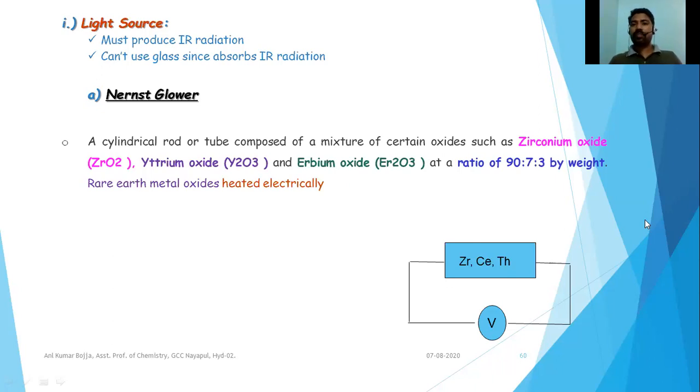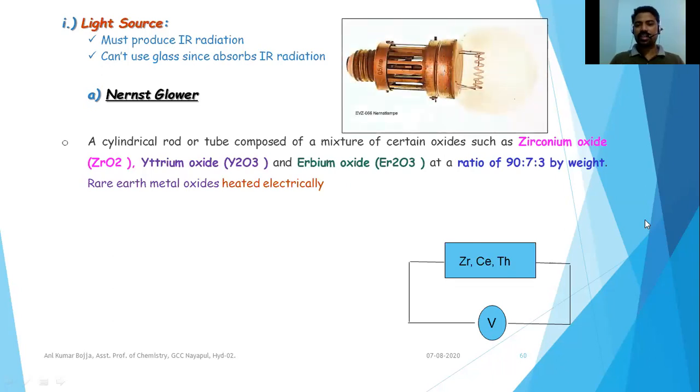At the same time, molecule strength also will influence the absorption of radiation. Molecule strength means the bonds present between the atoms of the molecule: are they strong enough, or do they easily undergo vibrations? So depending upon that property, the sources will be used in the instrument, right?